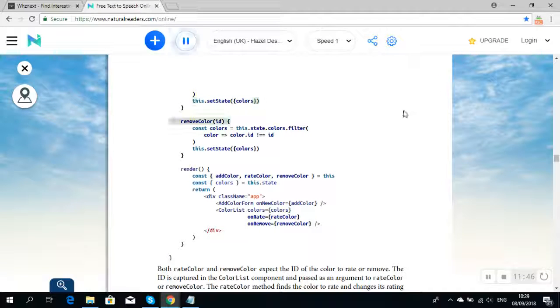this.setState({ colors }). removeColor(id) { const colors = this.state.colors.filter(color => color.id !== id). this.setState({ colors }) }. render() { const { addColor, rateColor, removeColor } = this. const { colors } = this.state. return <div className="app"> <AddColorForm onNewColor={addColor} /> <ColorList colors={colors} onRate={rateColor} onRemove={removeColor} />